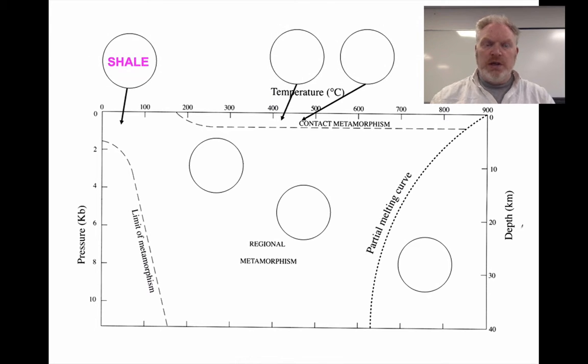The first one is shale. Shale is a sedimentary rock. It forms at the surface as mud. It then gets buried to shallow depth, very low temperature, to form the sedimentary rock. If we then put that under some more pressure, and again relatively low temperatures, that shale or mudstone will turn to slate,